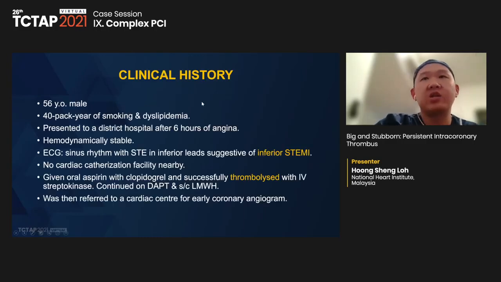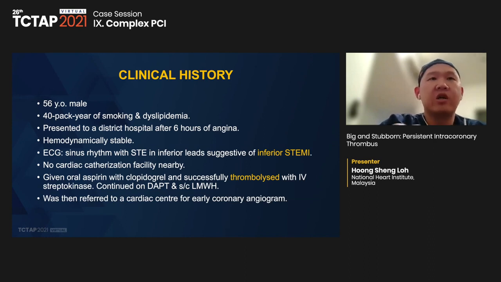We have a 56-year-old male with 40 pack years of smoking and dyslipidemia. He presented to a district hospital about 6 hours after onset of angina. He was hemodynamically stable. The ECG showed sinus rhythm with ST elevation in inferior leads, suggestive of inferior ST elevation